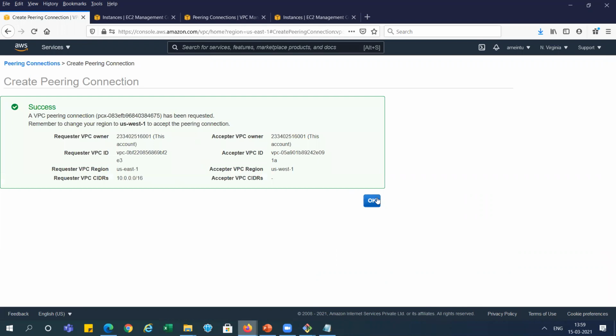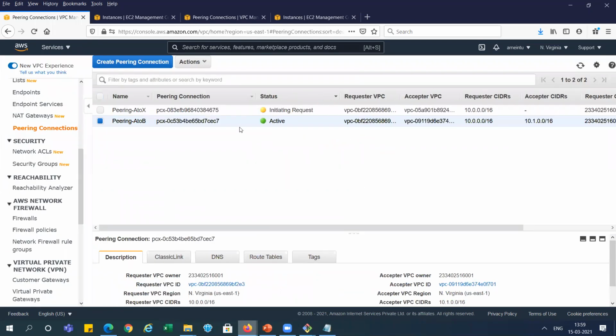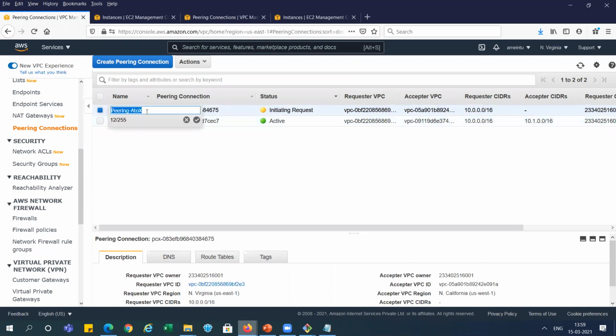You can see here, now the status is showing for this, A2X peering. Let me copy it. It is showing initiating request. It means the request has been sent to the acceptor, and in this case the acceptor is not this VPC. The acceptor is the VPC in a different region.